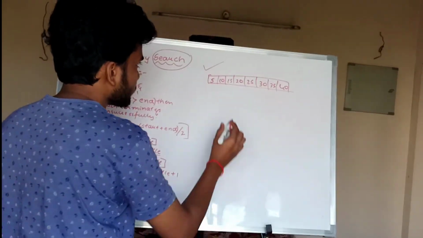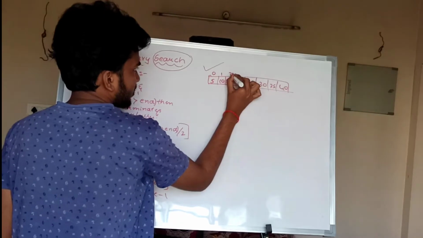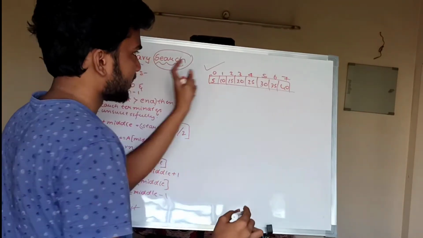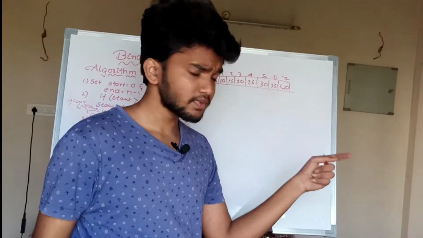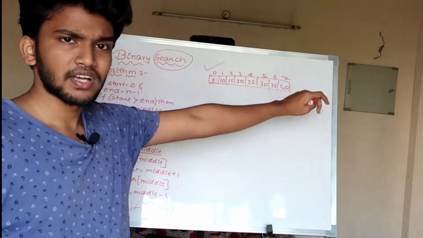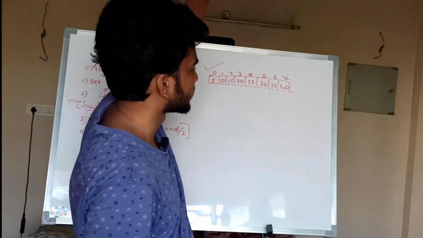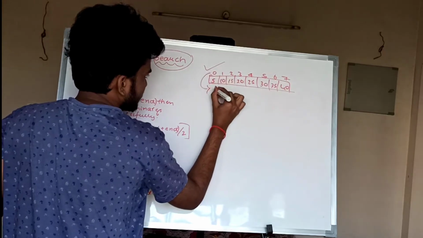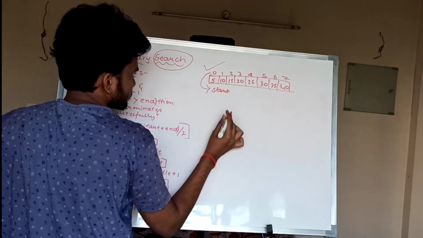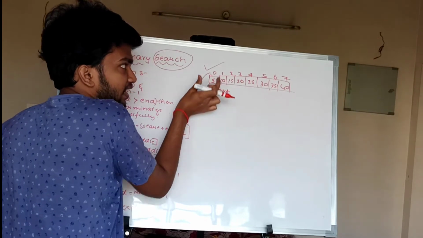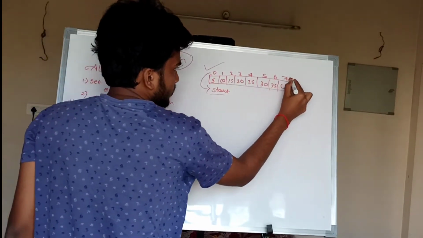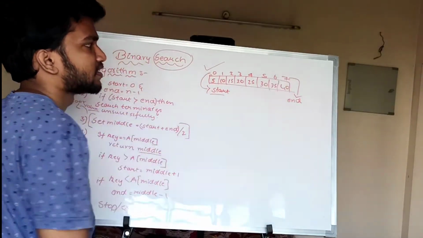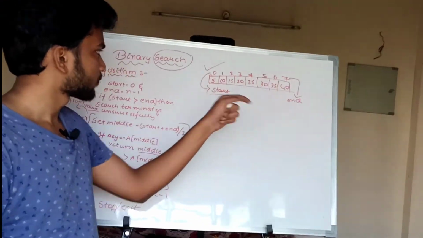Now what to do? Obviously the array index starts from 0 and continues to 7. I have taken 8 elements, but here the last index is 7, right? Now we will assign 0 as start, not 5 as start. I am assigning the index number as start, and 7 is equal to end.